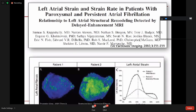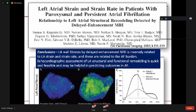And you see here the correlation of the grade of atrial fibrosis to left atrial function parameters like left atrial strain. And the authors concluded that LA wall fibrosis by MRI is inversely related to LA strain and strain rate, and these are related to AF burden. So echocardiographic assessment of LA structural and functional remodeling is quick and feasible and may be helpful in predicting outcomes